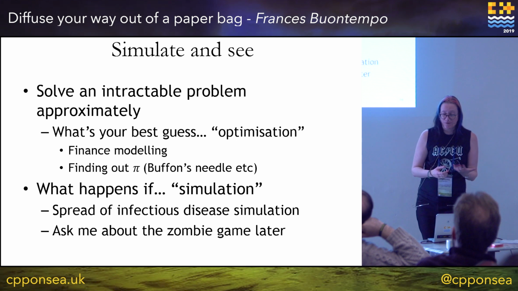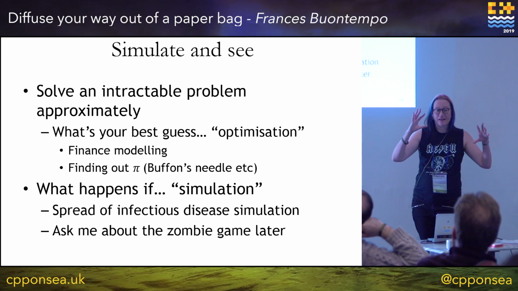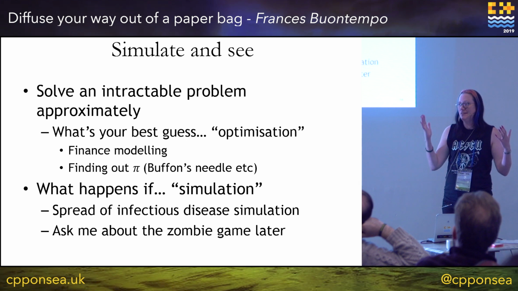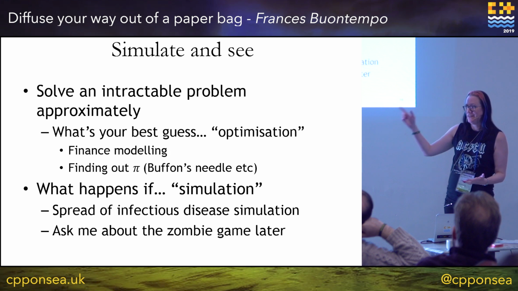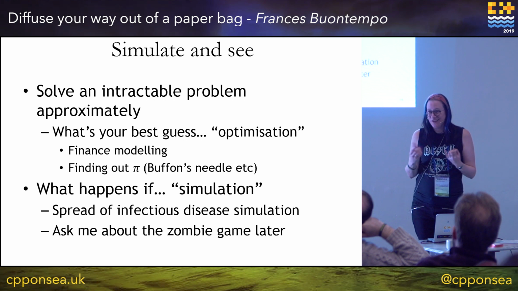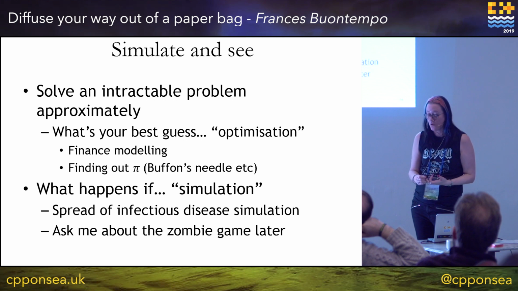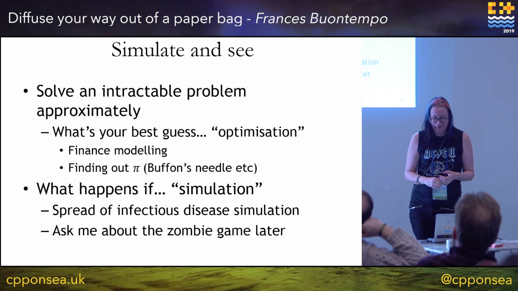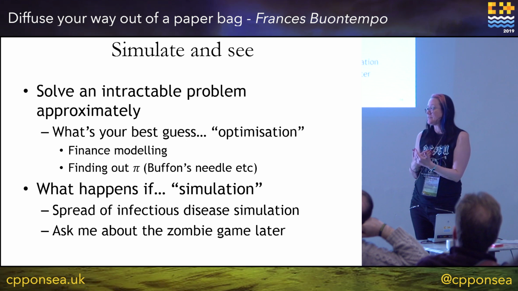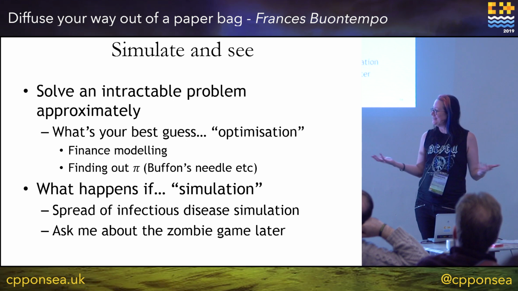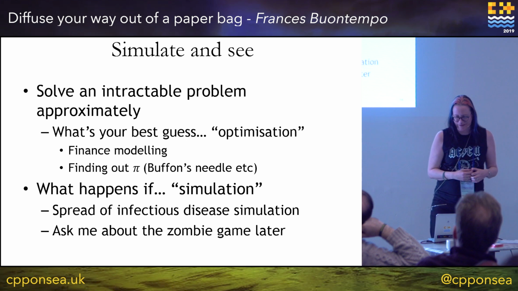So we can use Monte Carlo simulations for trying to solve a problem, like that squiggle just now, where we weren't sure what the area was. We can't do any maths on that because there wasn't a formula for the boundary of the squiggle. So sometimes you can't do the maths. Sometimes you can't be bothered to do the maths, or it would take too long. So approximate answers. You can estimate pi, and I know for a fact there's at least one or two people in the room who've used Monte Carlo simulations to work out what pi is, even though we can already find it in other ways. It's fun. Why not? And you learn things when you do this.